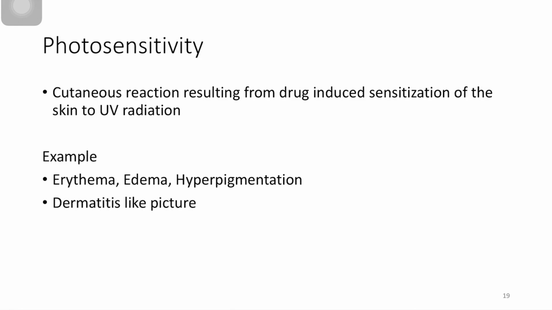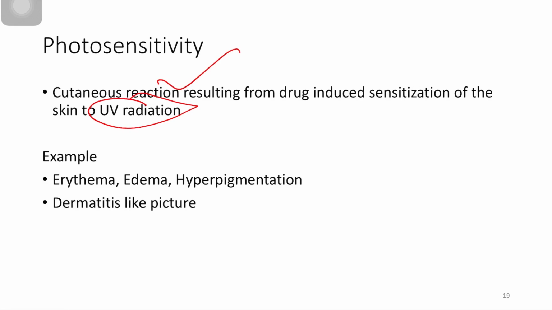Okay, what is photosensitivity? Photosensitivity means if you take a drug and get exposed to the sunlight, there are chances that you get some skin reactions. The skin reactions may be mild to severe. So cutaneous reactions that result from drug-induced sensitization of skin because of UV radiation of the sunlight, that is called